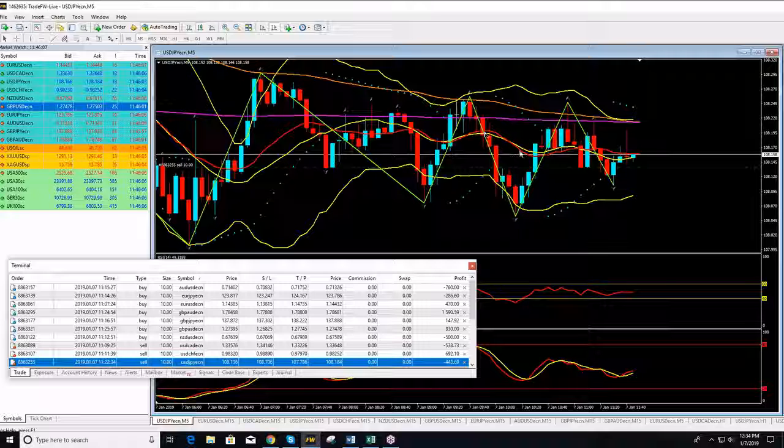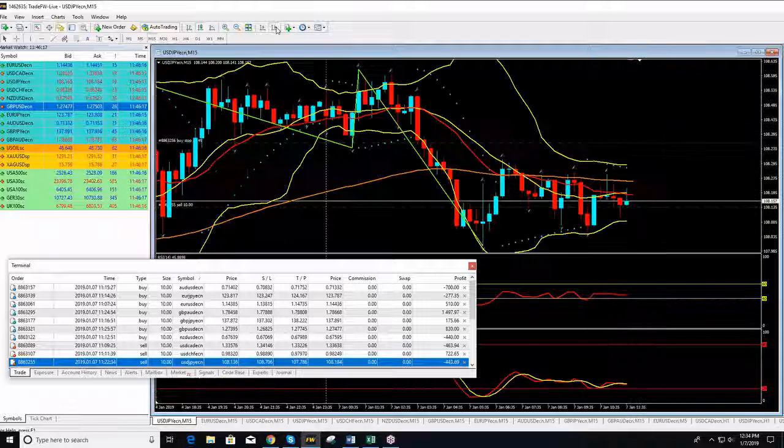Dollar yen in a range. Why have I entered short? Because the pair is trading below the moving average of 200 periods on the 5-minute chart with bearish parabolics. And also on the 15-minute chart, the pair has a very strong resistance area here. We have the upper Bollinger Band, we have the MA50, we have the short-term MAs, a symmetrical triangle, and this